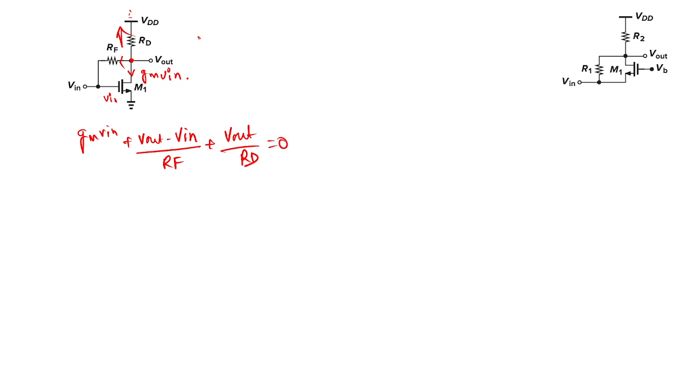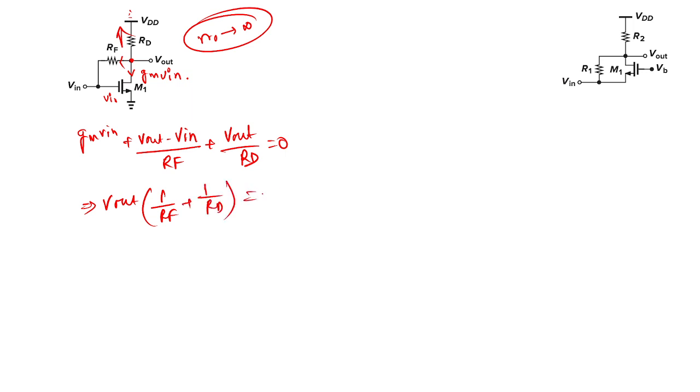Let us assume R naught tends to infinity here. So this is the expression. Now take the Vout common, it becomes 1 by RF plus 1 by RD, and if you take minus Vin common, here it becomes GM minus 1 by RF,